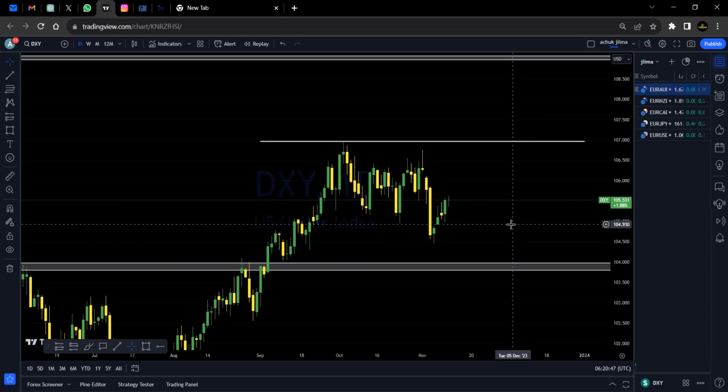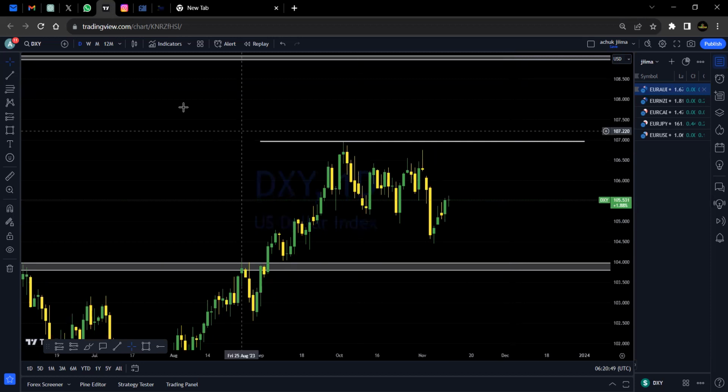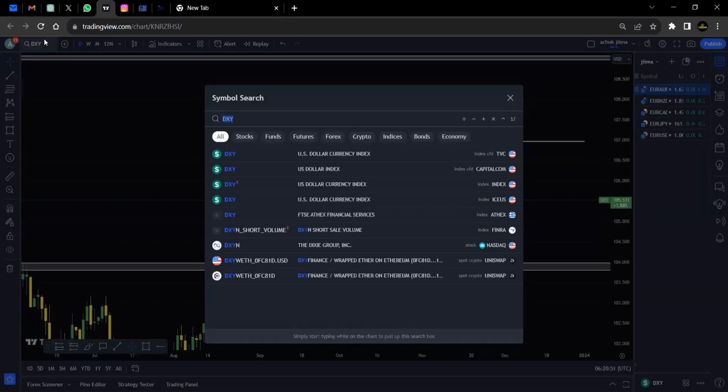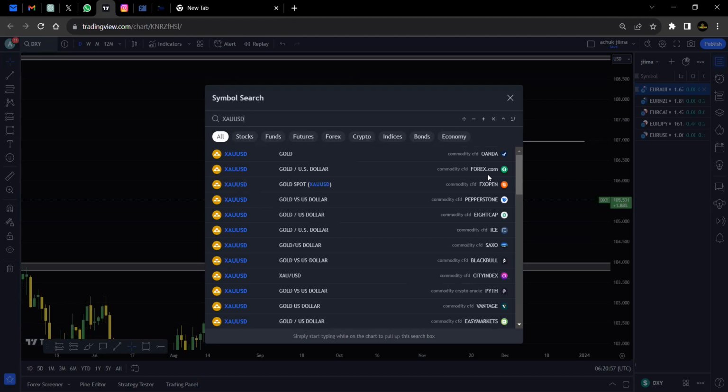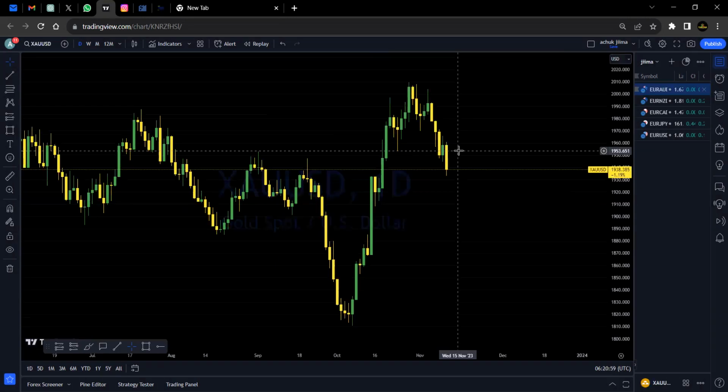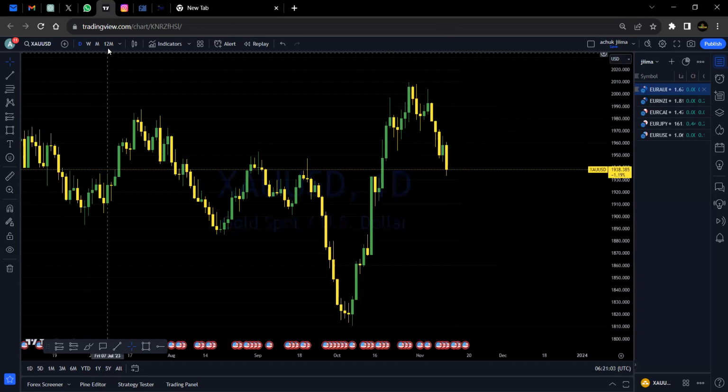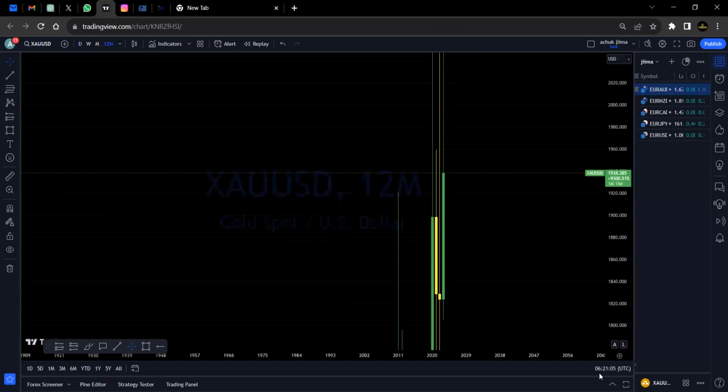So our analysis on the dollar index is still the same. Then let's go to the gold. We've actually been looking at gold from last week. Now we want to see how that is going to translate. So again, going to the highest time frame possible,